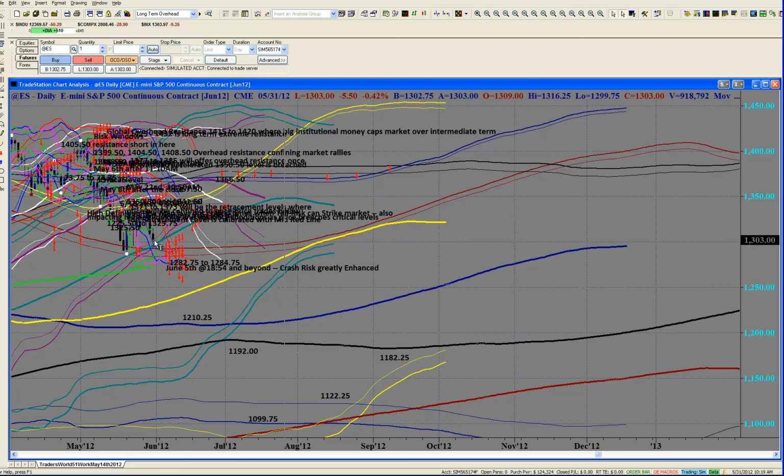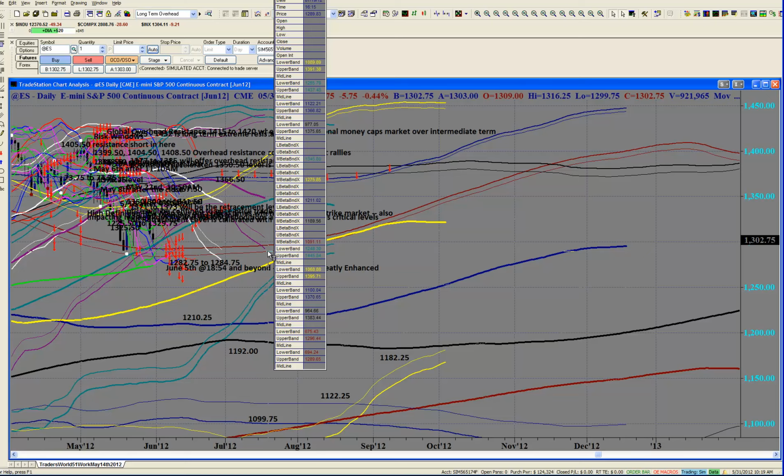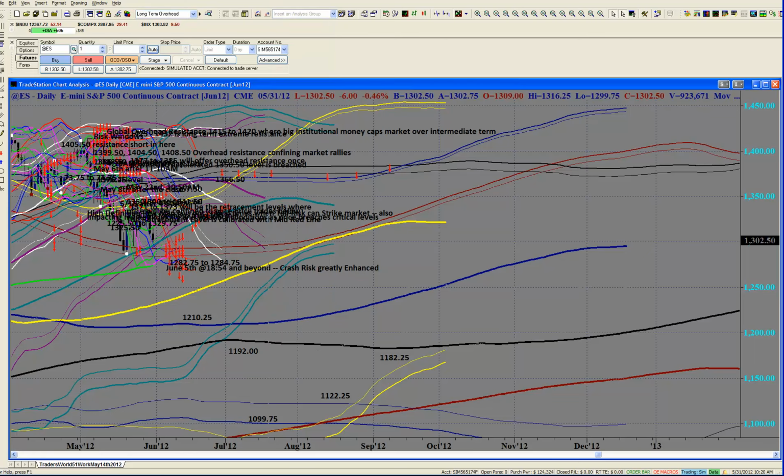And in the event that we don't take out that critical 1282.75 right now, and it waits, let's say, until these shorter term boundaries start curling up, and all of them would start curling up right in the area of July 18th and beyond, then at that point all we would have to do, instead of breaking critical support at 1282.75 going into the June 5th period, we would only have to break the 1290 area. So I'm just going to mark that on the screen. We'd only have to break 1290